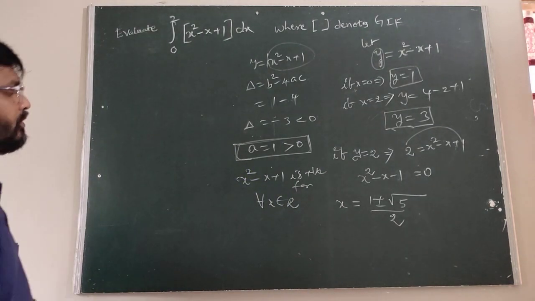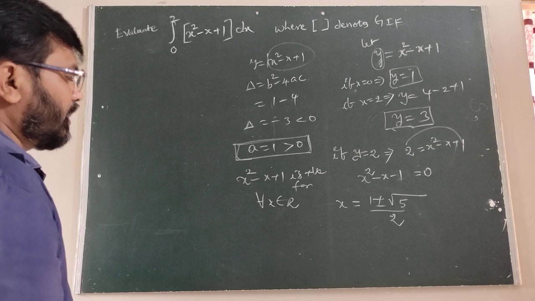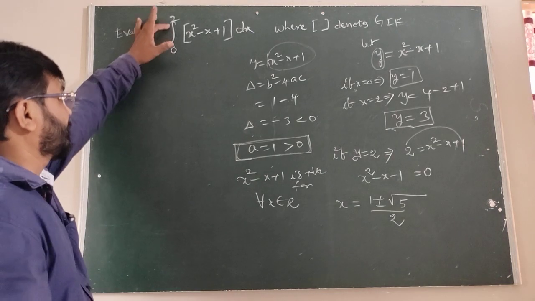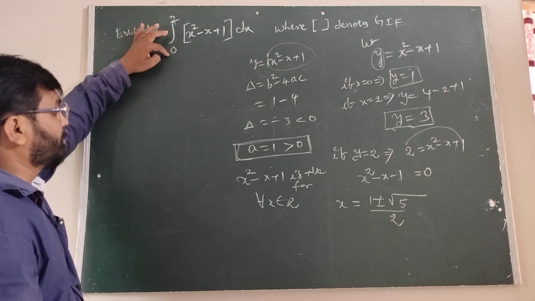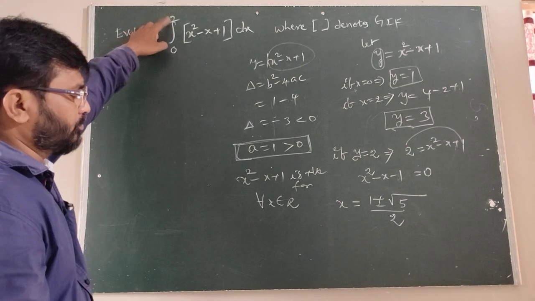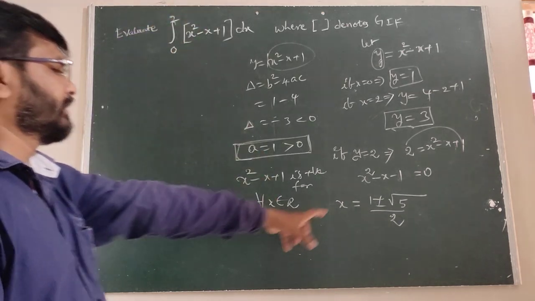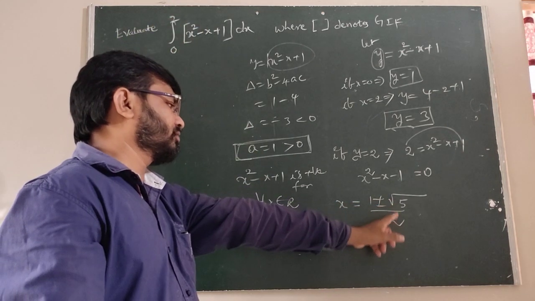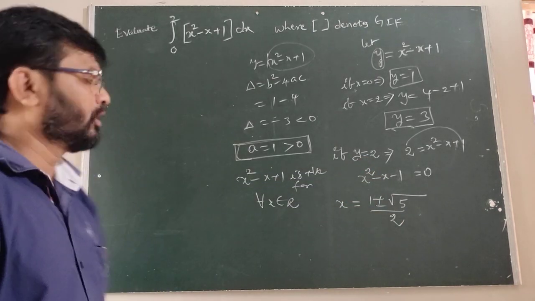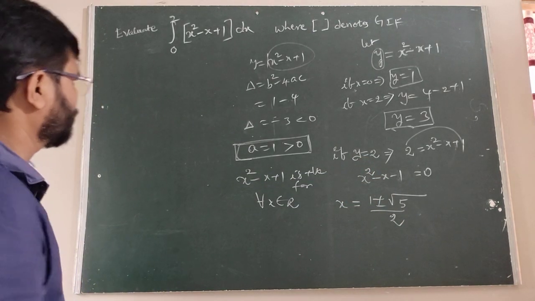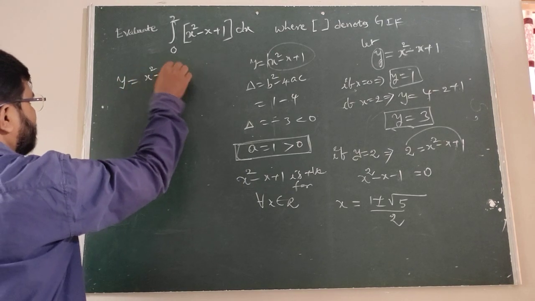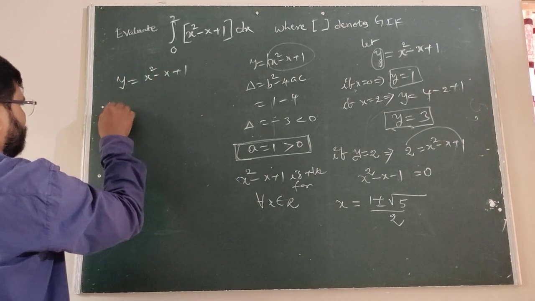But here, all of you listen here, the x values we are taking are 0 to 2. The 0 image is 1, the 2 image is 3. So when we take x equal to root 5 plus 1 by 2, that image is 2. Therefore another observation, the curve is y equal to x square minus x plus 1.